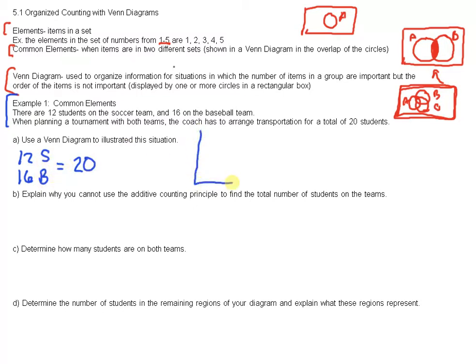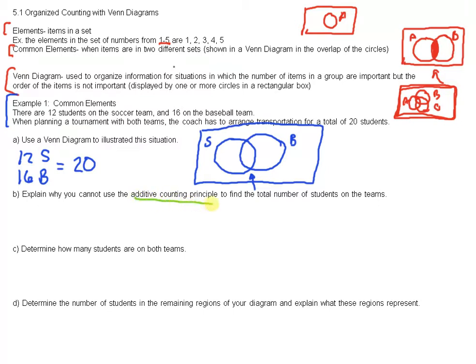That must mean that inside this Venn diagram right here, let's call this S for soccer. It's the set of students that are on the soccer team, and B is going to be the set of students on the baseball team. Inside this middle right here, there are going to be some students. Okay, so we've kind of already answered B. Explain why you can't just add them. It's called the additive counting principle. So we can just say we cannot add them